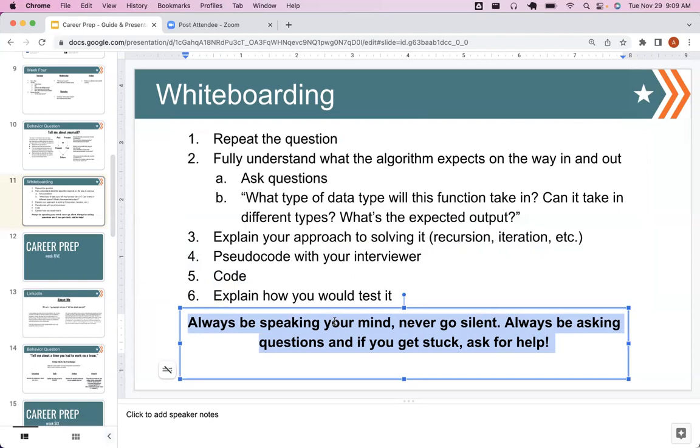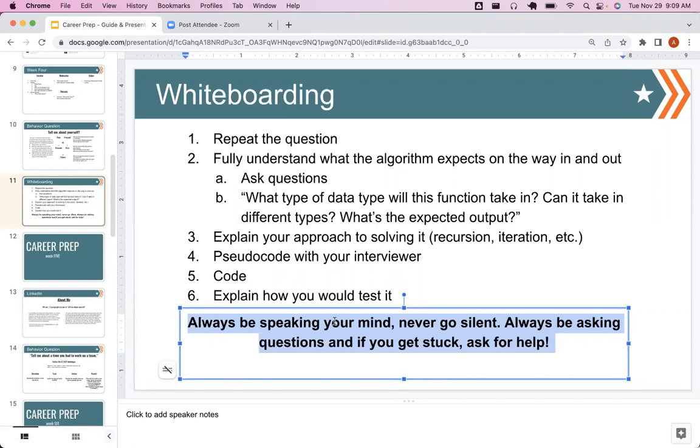Sometimes the problem might not be impossible, but it might be hard, really hard. Or there might be a gotcha. It might be designed where the interviewer is expecting you to have to ask questions. It is usually a collaborative process.